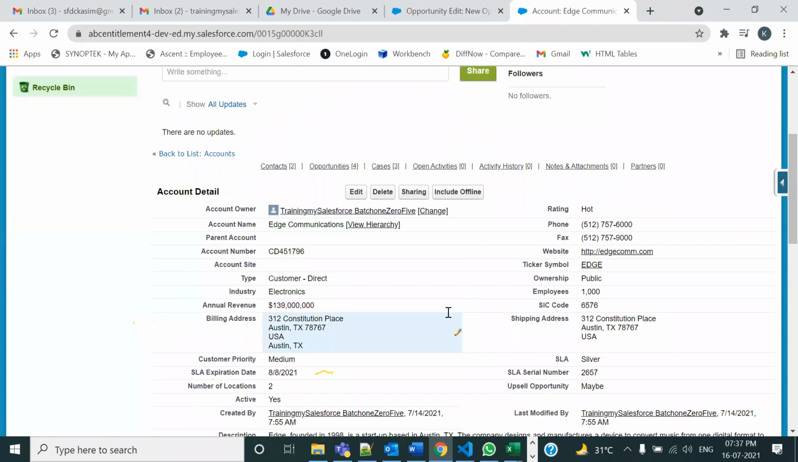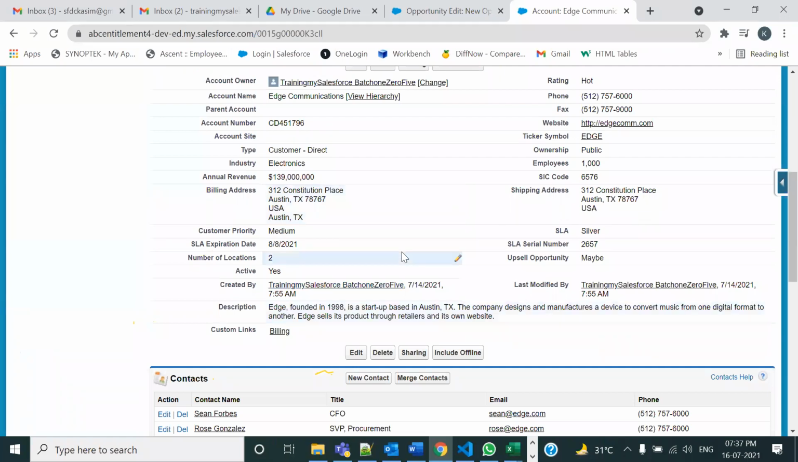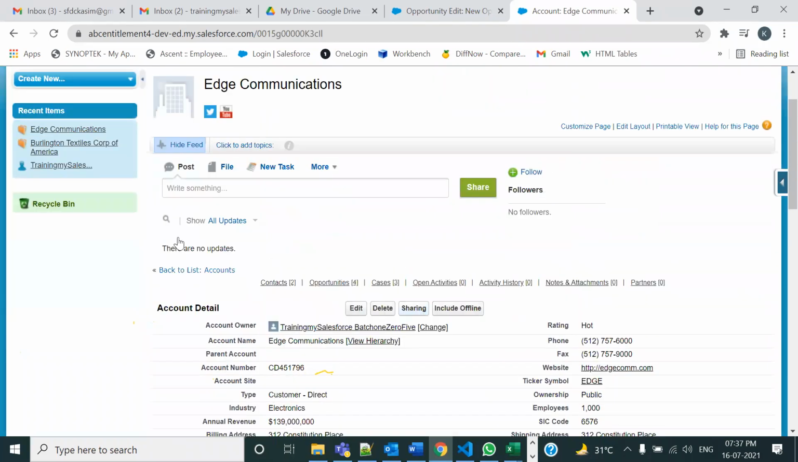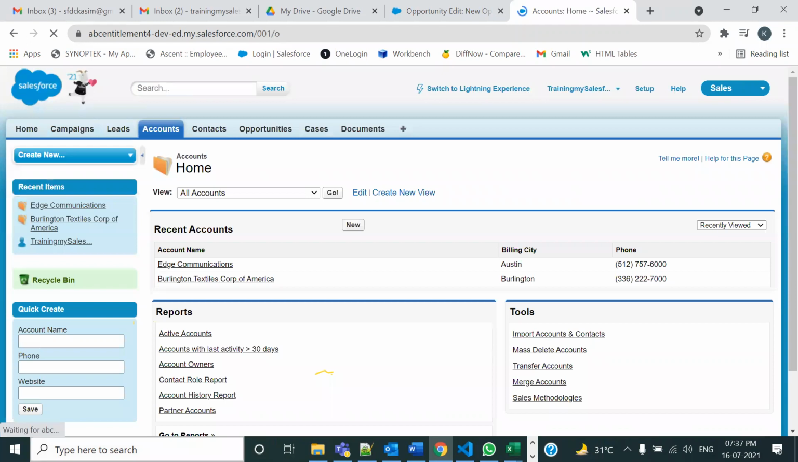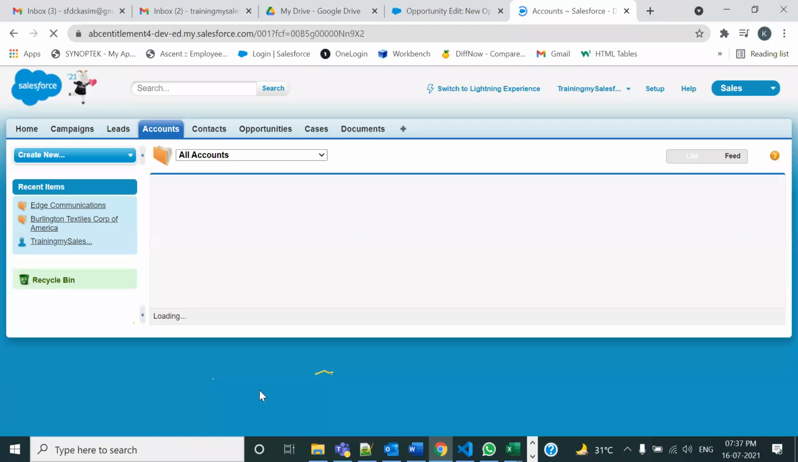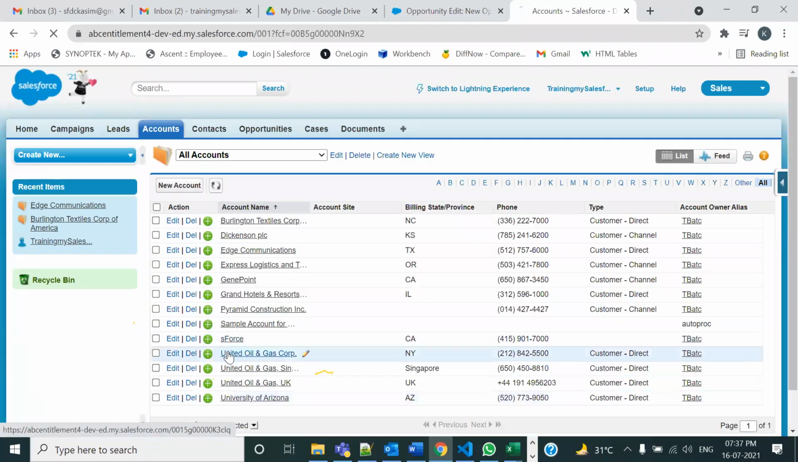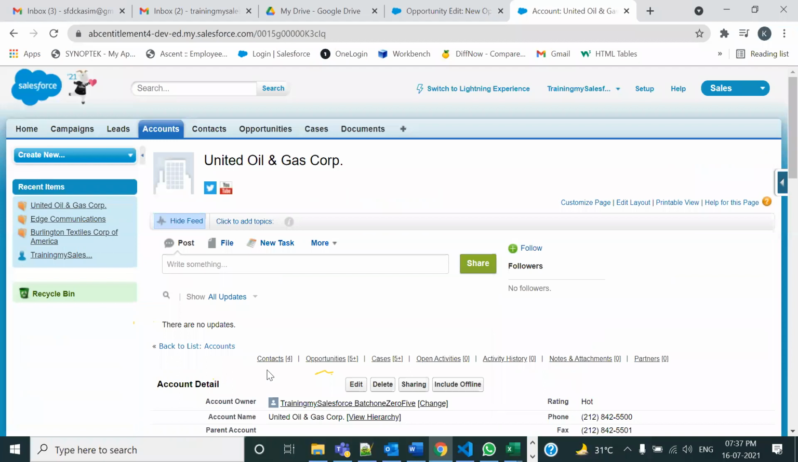I just scroll it down. I see, okay, this is the age communication record. And simply I go back to the account. Now see, on the recent record section, there's a name of age communication. Okay. If I once again go and open United Oil and Gas Corp,